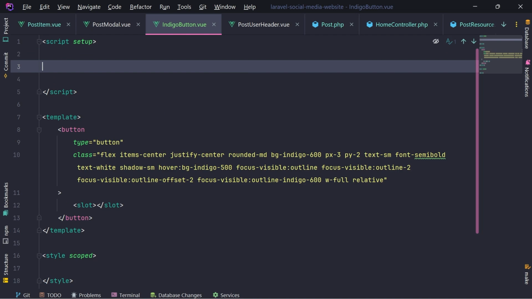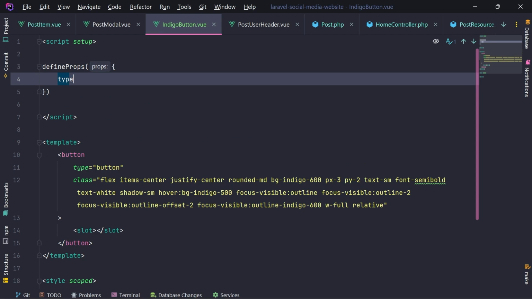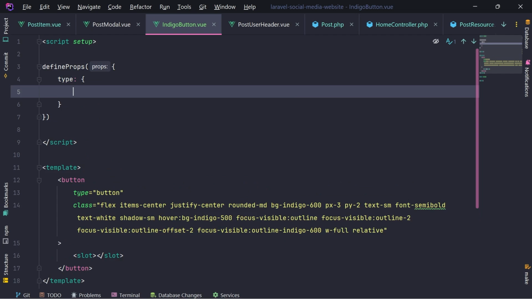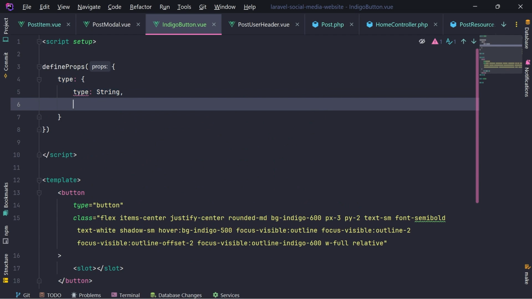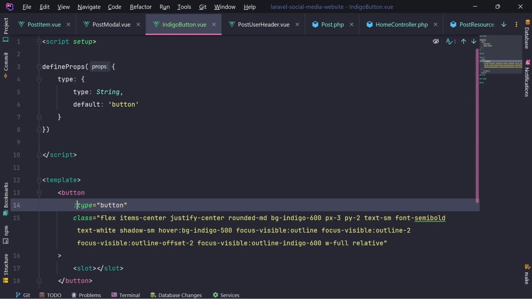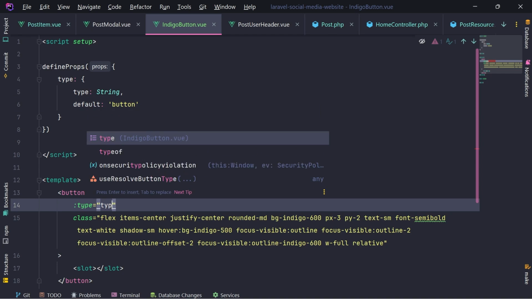So we're gonna define props type, which will have type of string, and the default value should be button. So then we're gonna provide type here,